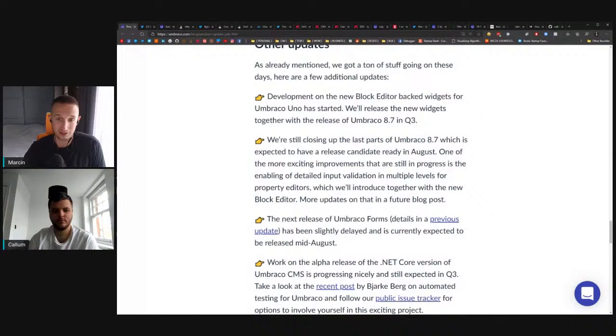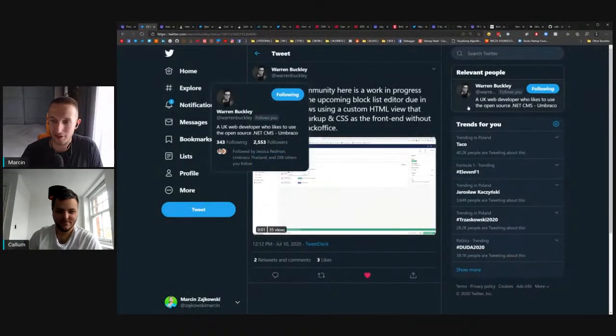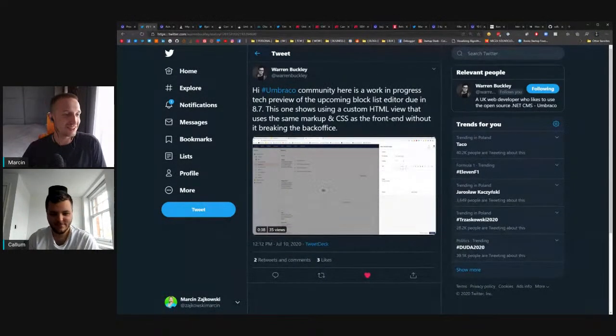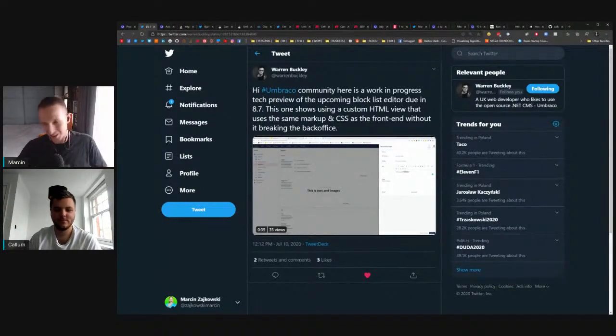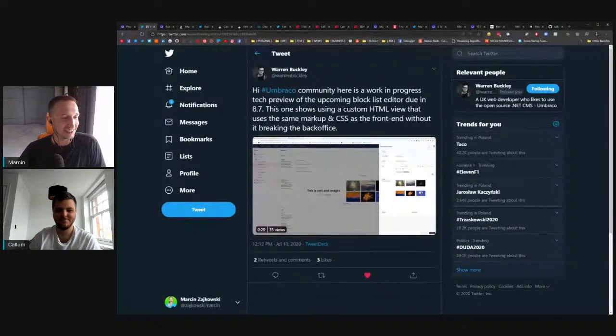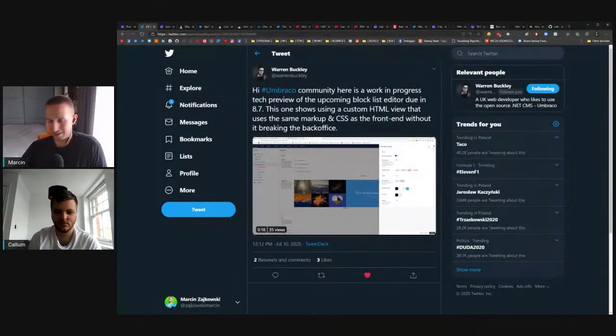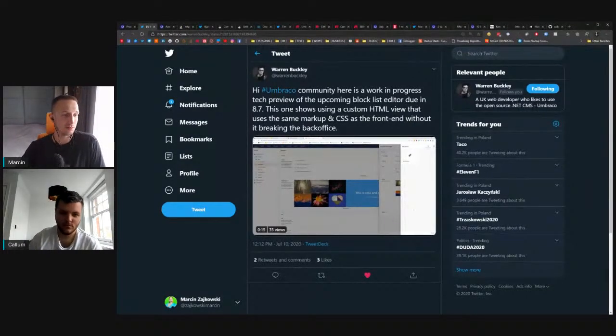We've seen information about the block editor and its development process. But just before we went live, Warren also shared a pre-recorded demo of how it looks right now. And I mentioned to Callum before going live that I tried to pull down some branches yesterday from the repo and compile it myself to see it in action, because I saw some people doing it. And thanks, Warren, for saving some time and pain for people who wanted to see the new block editor in its current state in the upcoming 8.7, which is due in August with the first release candidate, from what we saw in the